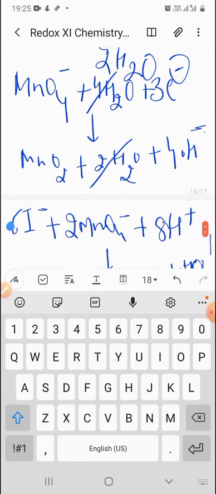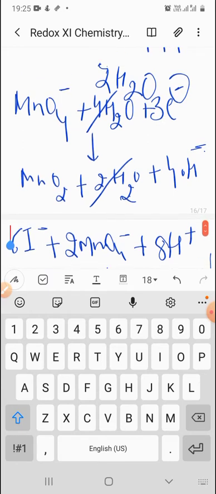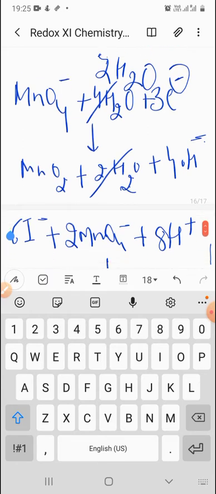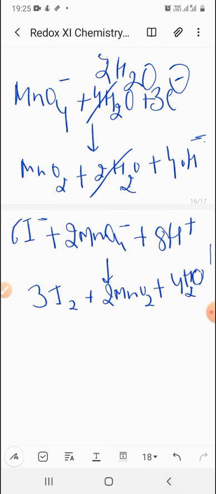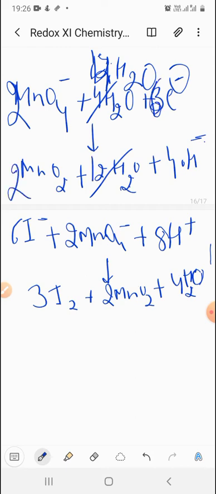And the next equation will be the same, because वहाँ पे कहीं भी H पॉजिटिव आपने ऐड नहीं किया है, वो एज इट इज़ हो जाएगा आपका. सो अगर आप ऐड करना चाहें तो यहाँ पे इस तरीके से एडिशन होगी. 6I नेगेटिव, your iodine वाली इक्वेशन will remain same, and you can see 2 MnO4 negative. Yes, it will be multiplied by 2 because 3 electrons are there. बैलेंस करने के लिए हमें 2 से मल्टीप्लाई, 4 water molecules, here 6 electrons, here 2, here again 4 water.